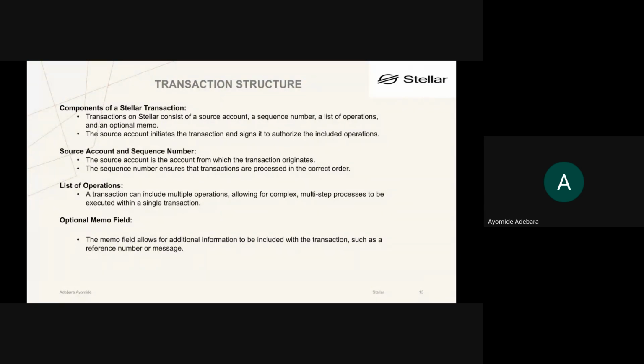List of operations. A transaction can include multiple operations, allowing for complex multi-step processes to be executed within a single transaction. I think it was Tess that I was asking about a smart contract where a function inside a smart contract interacts with functions inside two different smart contracts, and just one that just updates its own state.